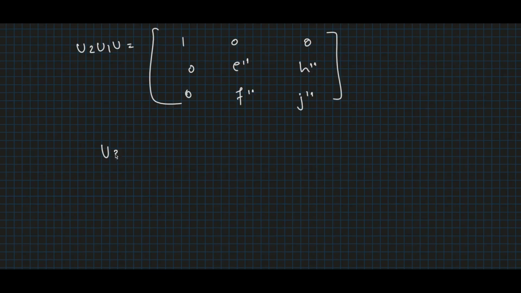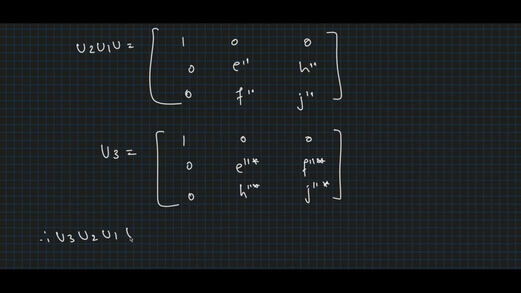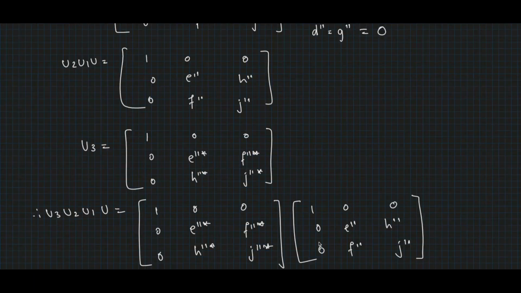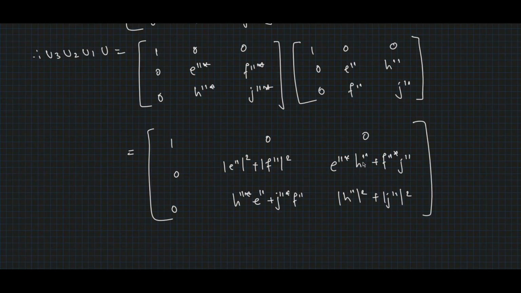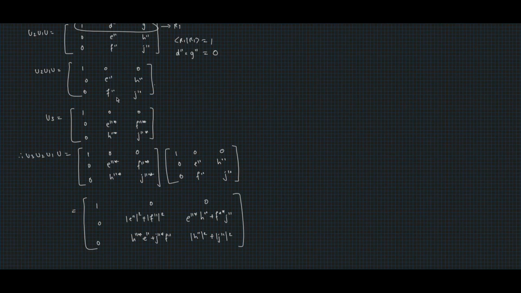Now finally, we set U3 equal to 1, 0, 0, 0, 0, e''*, f''*, h''* and j''*. Therefore, U3 U2 U1 U would be equal to the multiplication of these two matrices, which would be equal to e''* into e'', which is e'' square plus f''* f'', which is f'' square. So we arrive at this matrix. Now from the orthonormality condition, we have e'' square plus f'' square equal to 1 and h'' square plus j'' square equal to 1, which implies this matrix would be equal to